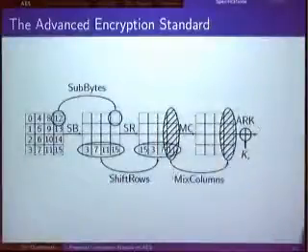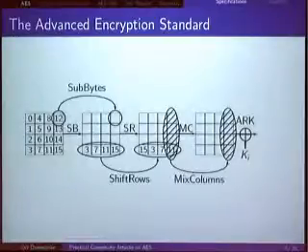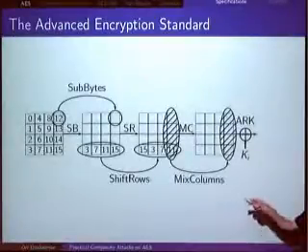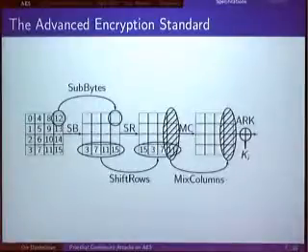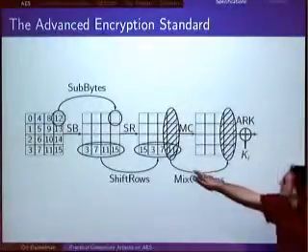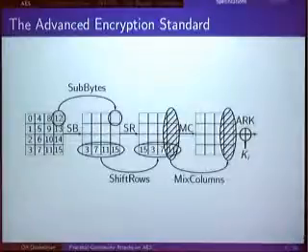You take 16 bytes of the state, you put it in a 4x4 matrix. Each round is composed of 4 simple operations. The first one is the SubBytes operation, which is a nonlinear transformation, a table lookup if you like. A ShiftRows operation, which takes each row and rotates it to the left by i bytes. So the first row is unrotated, the second one is rotated by 1 byte to the left, then 2 bytes, 3 bytes to the left. Then the MixColumns operation, which takes each column and multiplies it by an MDS matrix. I will show you in a second. And then the AddRoundKey operation, which adds the subkey.